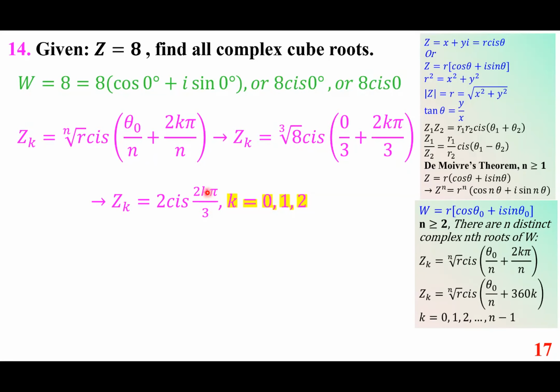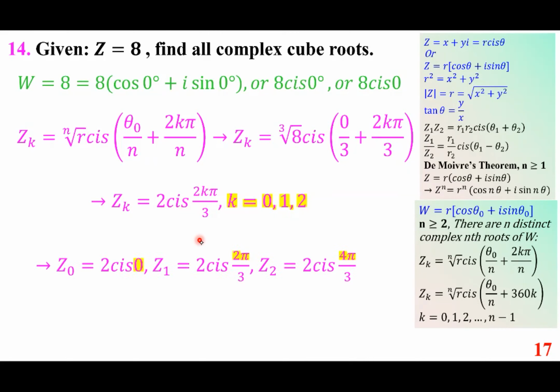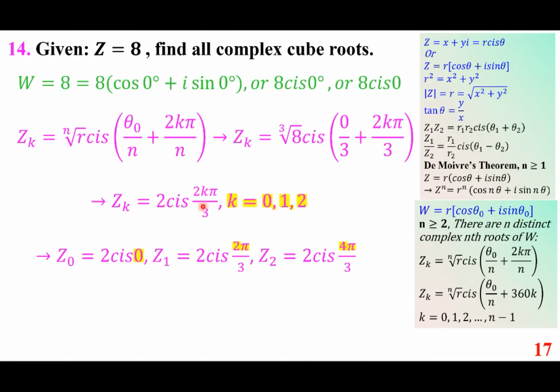So replace the k with 0, becomes 2 cis 0. Replace it with 1, becomes 2 cis 2 pi over 3. Replace it with 2, becomes 2 cis 4 pi over 3. So again, replace the k with those three numbers. Two cis 0 is simply 2,